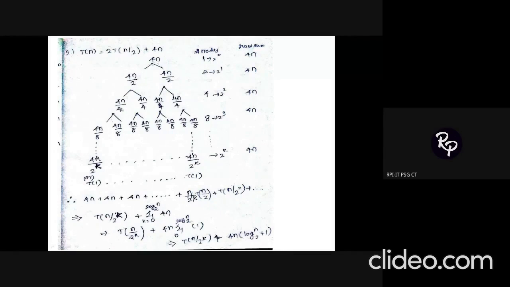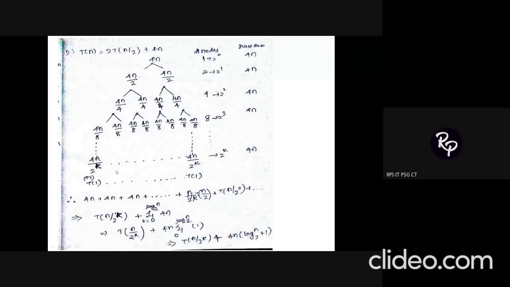So 4n by 2, 4n by 4, 4n by 8, and this procedure goes on till 4n divided by 2 power k. Why is it 2 power k? Because the numerator every time is going to be 4n, so I have kept 4n as a constant. If you look into the denominator, it becomes 2, 4, 8. Next time it will be 16, 32, and it goes on. So in general, I can write that as 2 power k. So this is similar to T(1). Till T(1), you need to arrive at the answer.